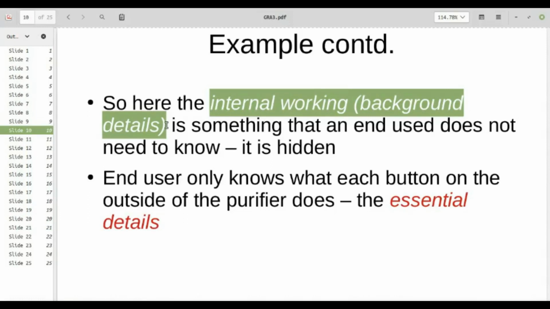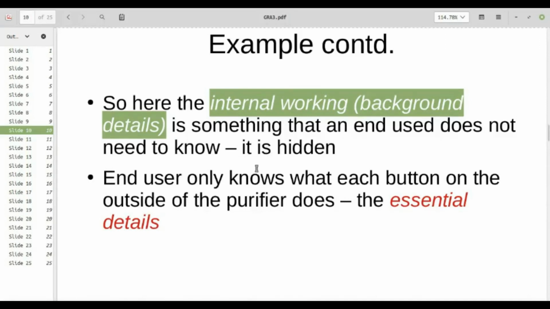So the end user does not need to know everything. There are many internal workings, many background details that can be kept hidden from the end user. And we just need to provide the end user with an interface that the end user can comfortably work with without actually hampering the working of the whole system, right?